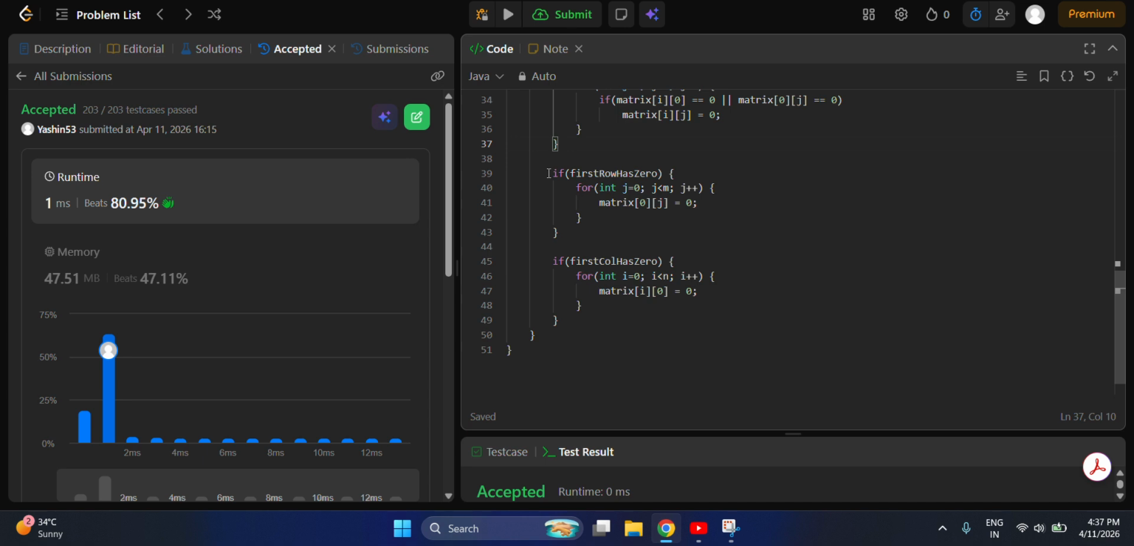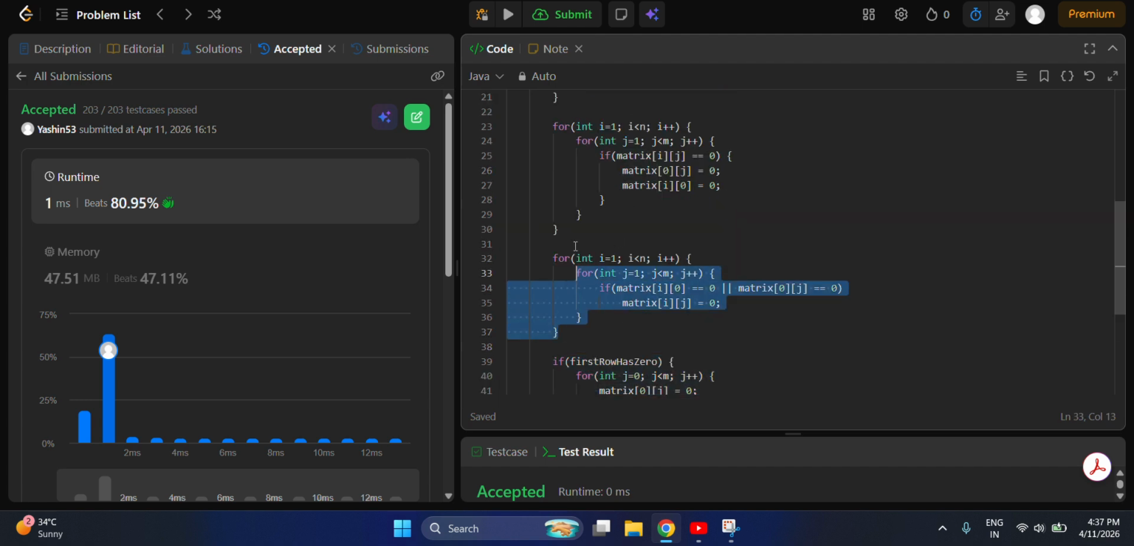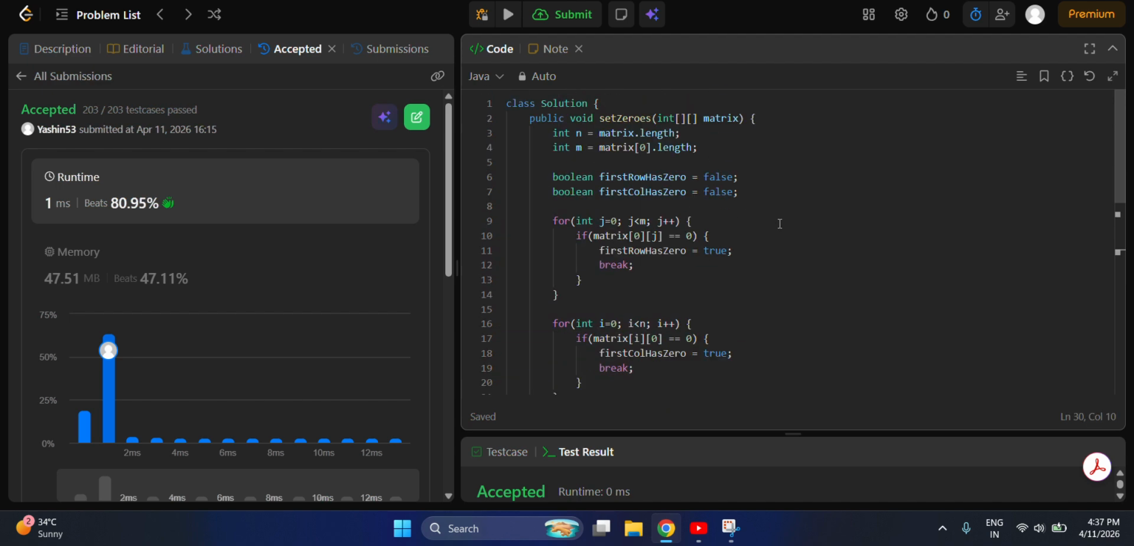Now I have to explicitly handle the first row and first column. If the first row contains any 0, it means that we also have to make all the elements of the first row equal to 0. And if the first column contains 0, then I have to make the entire first column equal to 0. So I handle the first row and first column explicitly, and all elements except the first row and first column are handled using this nested loop. In this way this problem will be solved, and the time complexity for this algorithm will be big O of n cross m,